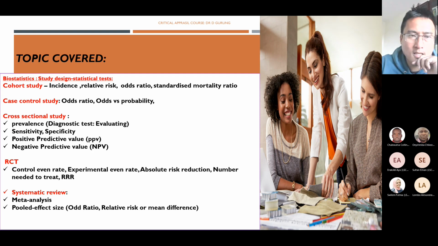Cohorts. Cohort, okay. In which of the study do we use sensitivity? Case control and cohort, okay. So let us go through each individually. So the first topic we are covering is